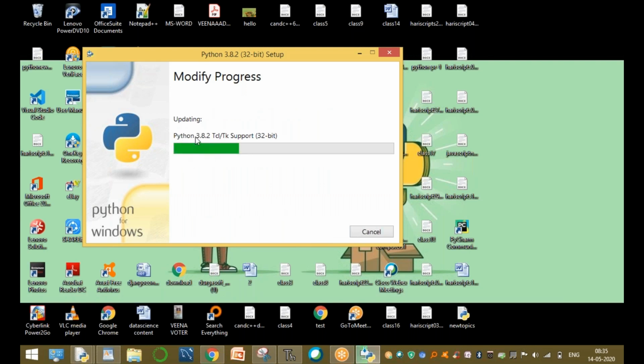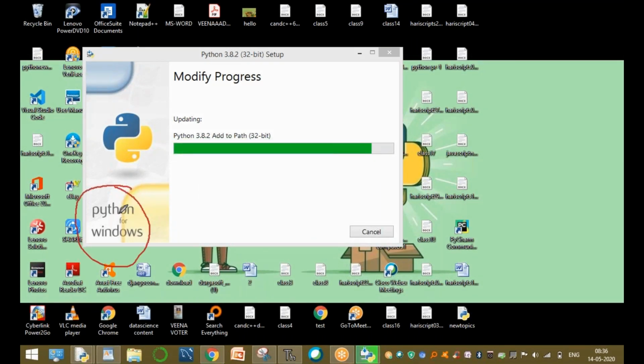Now the installation process is in progress. This is the setup for Python for Windows. Please observe this. The software is being installed; it is 32-bit, so you are using 32-bit. Clear? And after completing,